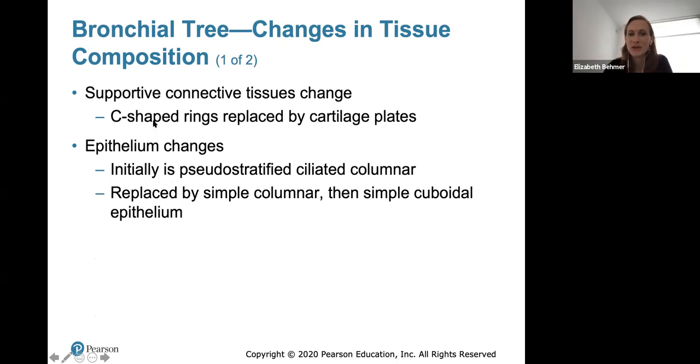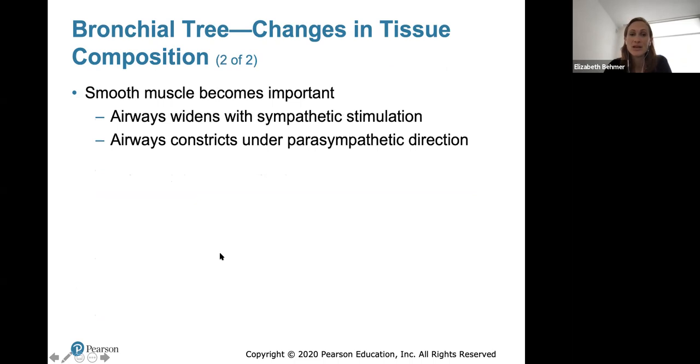We start with C-shaped cartilaginous rings. They're eventually replaced by cartilage plates. Epithelium changes. Initially, it's that pseudostratified ciliated columnar, but it's eventually replaced by simple columnar, then simple cuboidal. Smooth muscle becomes very important because the smooth muscle will help to widen the bronchioles with sympathetic stimulation and constrict